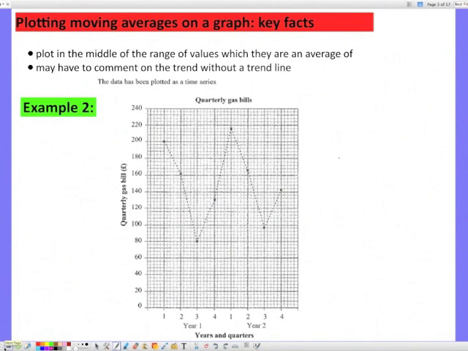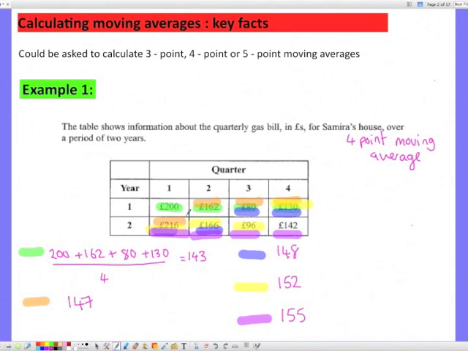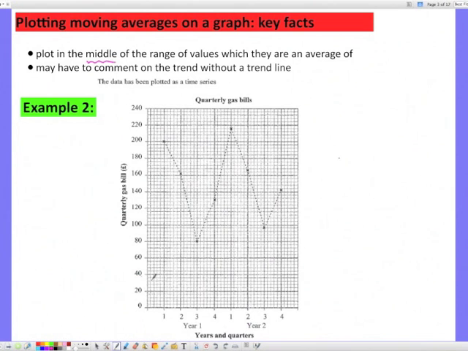So once we have these moving averages, we then need to be able to plot these moving averages on a graph. Really important that we plot the middle of the range of the values for which they are an average of. So if we look back here, our first moving average, the green one, is from 1 to 4. So the middle is going to be here at 2.5. So if we were to plot our first moving average of 143, we're going to be plotting it here at 2.5 and then going up to